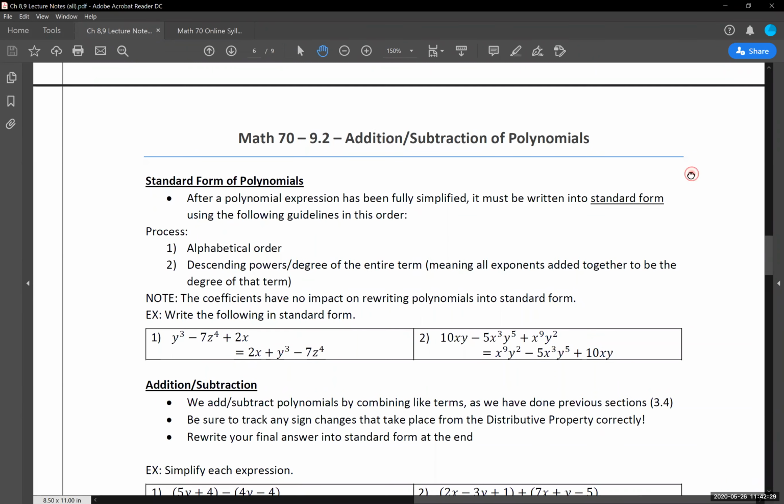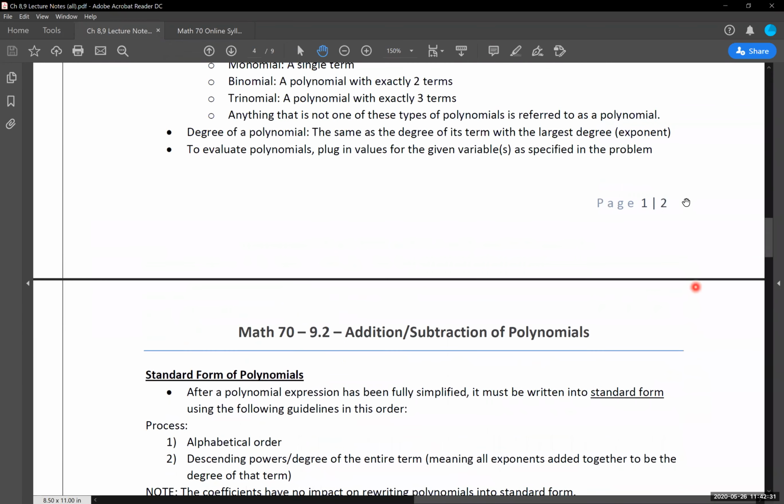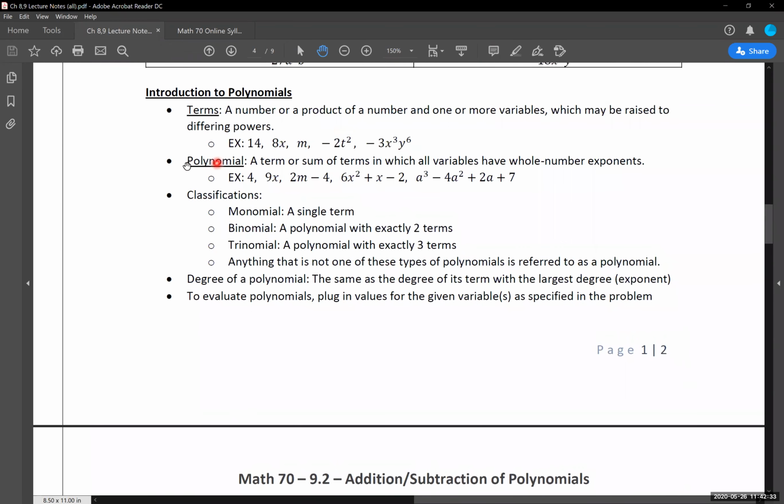So again, I'll move us back up here just to show those again. For our polynomials, the main classifications that we use, and you'll see these words thrown around pretty regularly, are a monomial, a binomial, and a trinomial. Anything bigger than that, we just refer to as a polynomial. But we're working with all of these types of expressions.